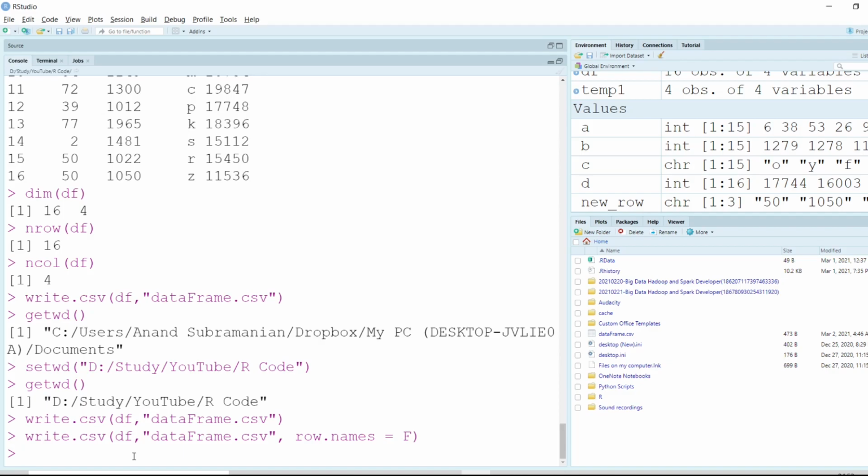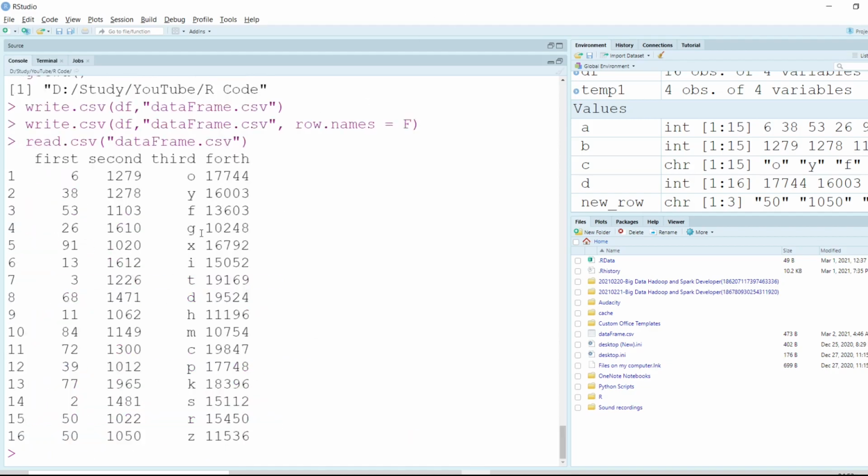Now, if you want to read a file, how can we do that? We use the read function here, read.csv. Now, if I want to read the data frame, I just have to pass inside the quotation dataframe.csv. If I click on the enter button, the same thing gets displayed.